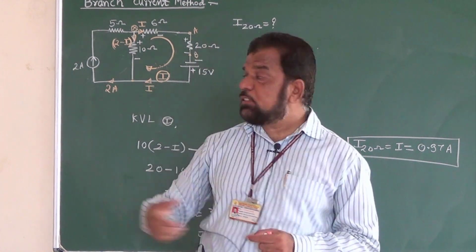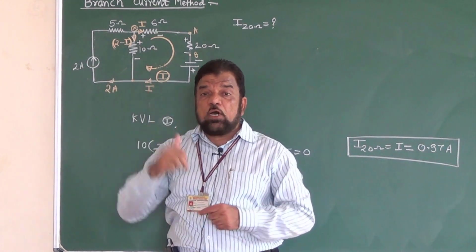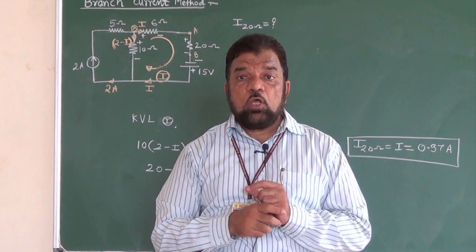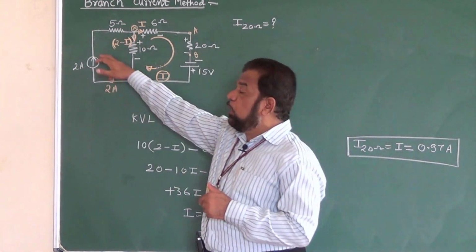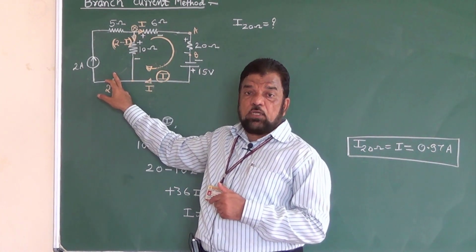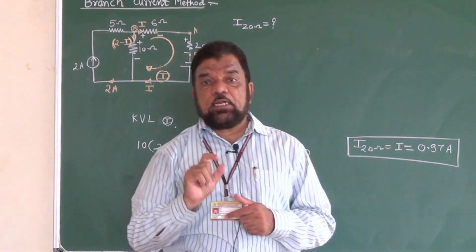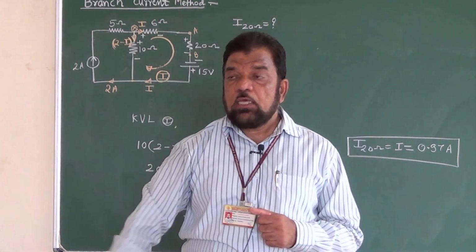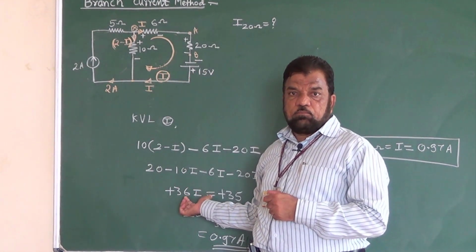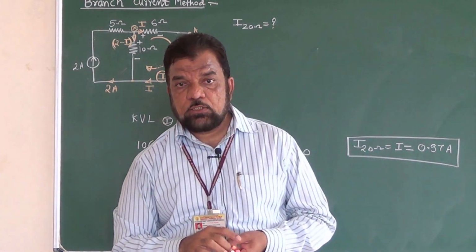Whereas in the third case that is shown here, there is a current source, but there is no resistance in parallel. In this case, there is no need to use this particular loop as an effective loop. There is no need to assign the unknown. So for a given circuit, only one effective loop is there. What I can do is, I can apply the KVL to that loop and I will solve the required problem. That means whatever current I need, I can calculate the current flowing through that resistance.